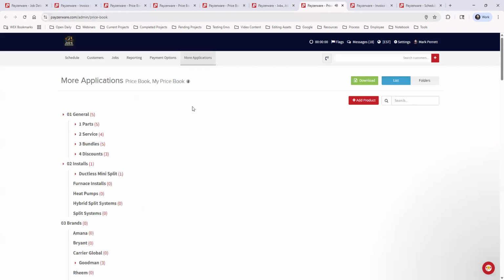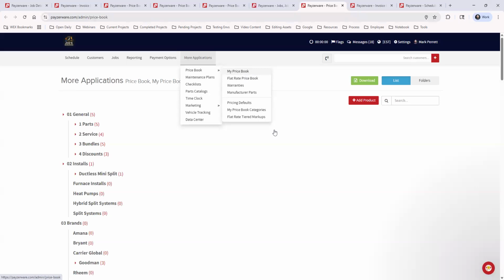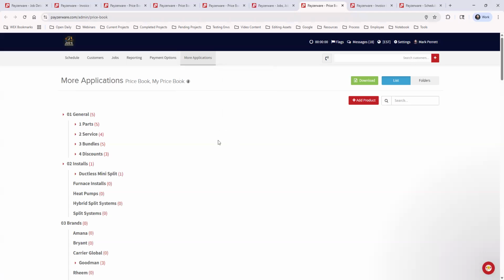To add items to your price book, you will go to More Applications, Price Book, My Price Book. And then this is the official spot where you're going to actually add items into your price book. These will be the items you will use to add to your proposals and invoices and charge your customers for